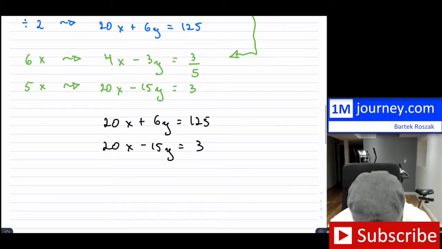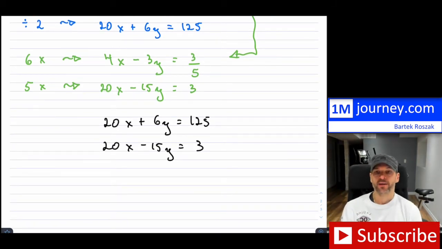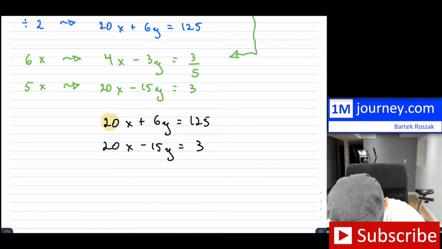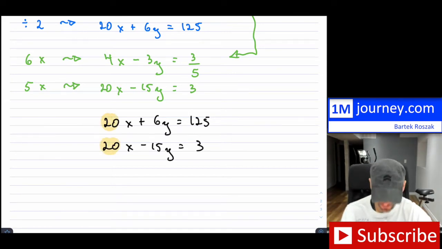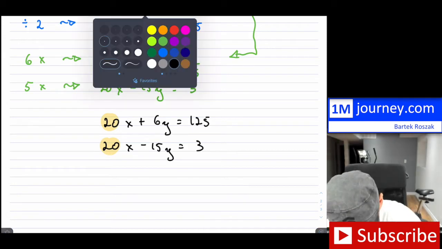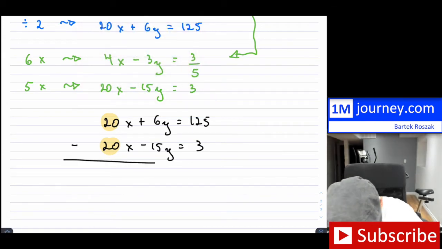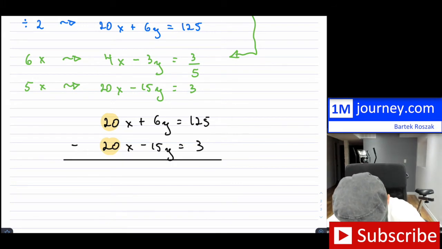Okay, so this is what I have there. And now, right away I see I like using elimination because I have the same coefficient. Now this was just a fluke, all right? But because these are the same coefficients, I can just go ahead and subtract these two lines from each other. So that is going to cancel, and then 6 minus the negative 15